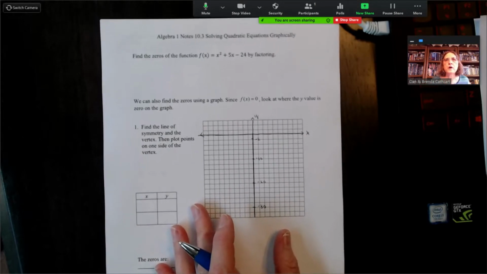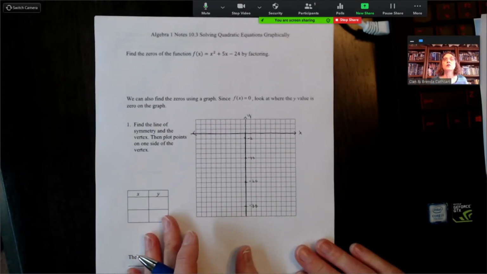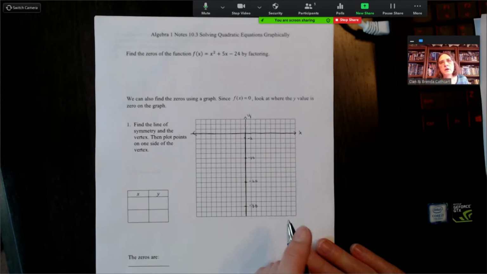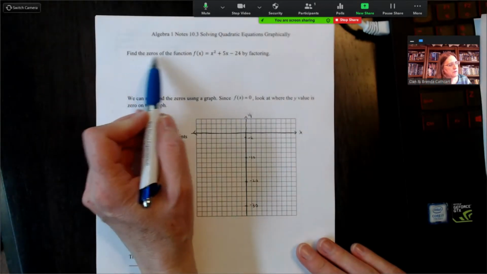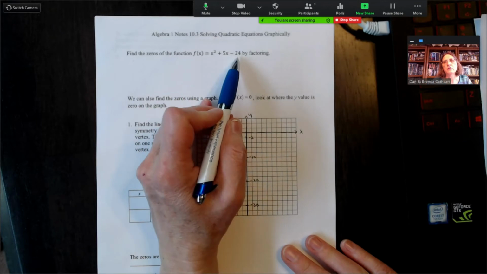This is an Algebra 1 class, and today we're going to look at solving quadratic equations graphically. Before we go into solving it graphically, let's look at what it looks like to solve equations using factoring. If we want to find the zeros of the function f of x equals x squared plus 5x minus 24